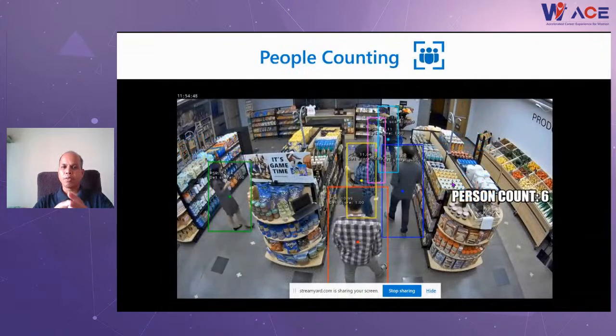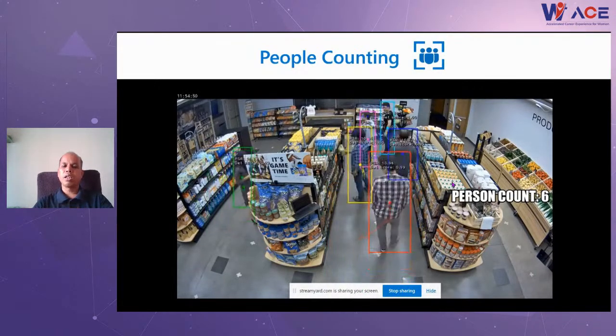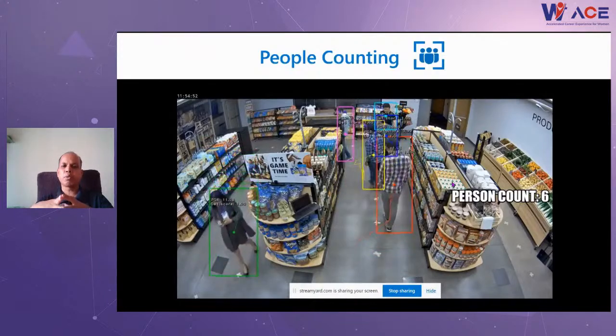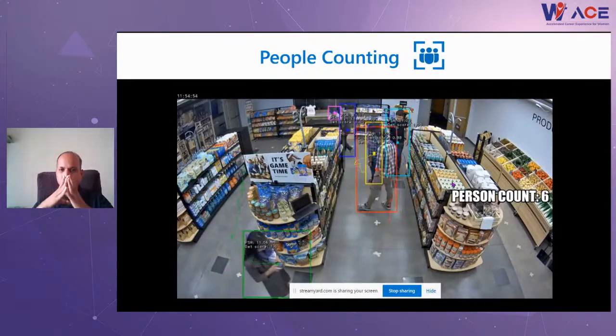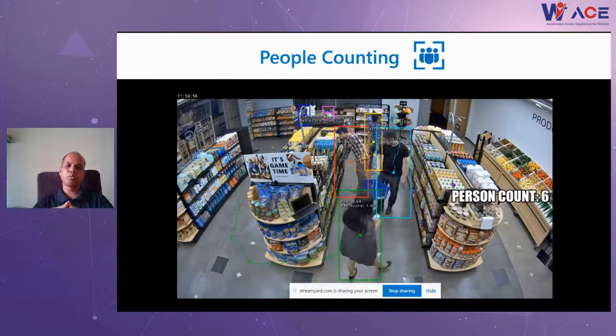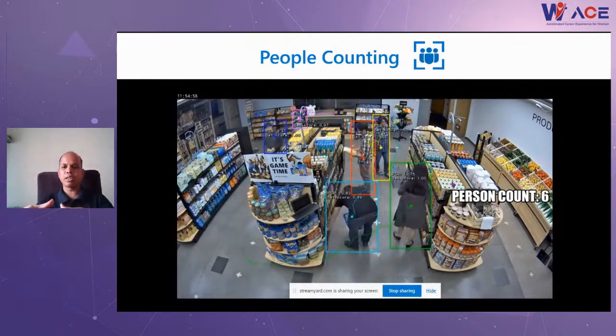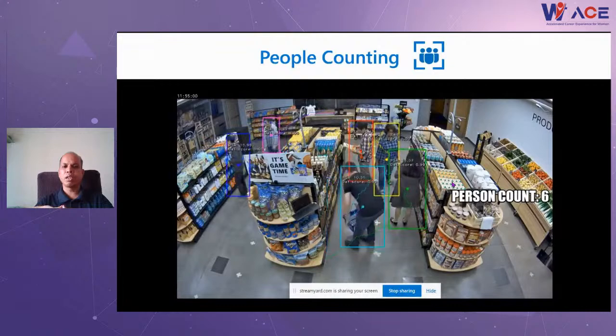Now, if you look over here, here is the supermarket. There are many people. Shoppers came inside. Everyone has a different requirement. Everyone is looking for different stalls, different areas to pick up the items they are looking for. But how will I determine how many people are there in my store at any point of time? Should I keep 4 people just to monitor each lane if there are 4 lanes?